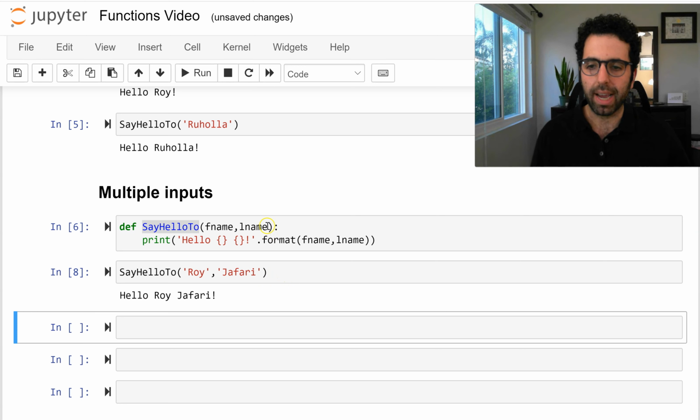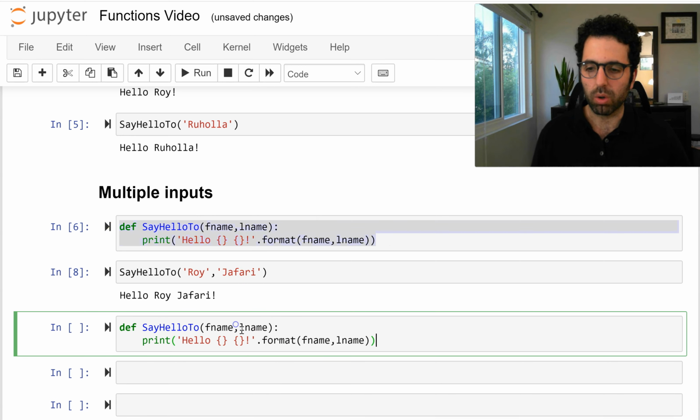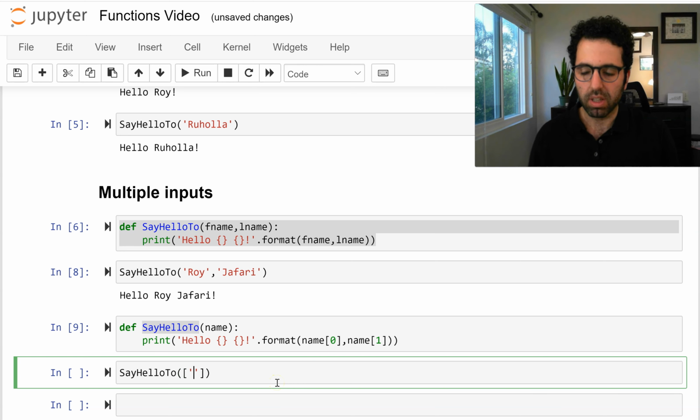I could have passed this as one collection of items. For instance, I could have changed this code. I could have just said name, right? And I know that this name I'm going to be passing is going to be a list or a tuple, whatever that collection is. So I would say name 0, the first part of that collection, and name 1, right? So now when I'm calling it, I can just pass, for instance, a list